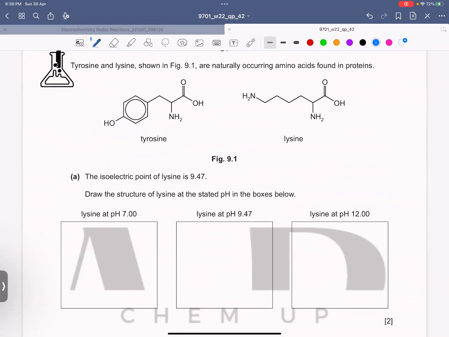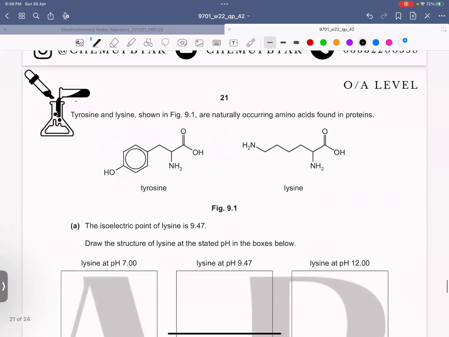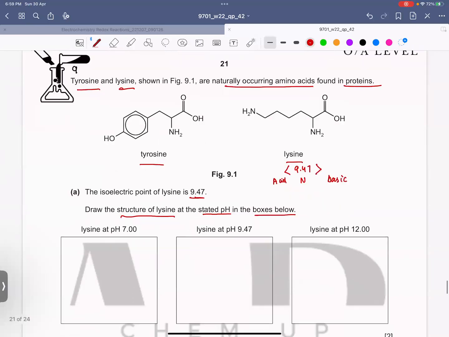Okay. Now, question number 9. Tyrosine and lysine, they have shown you the structure, are naturally occurring amino acids found in protein. The isoelectric point of lysine is 9.47. So it means at 9.47, it is going to be a neutral one. Below this value, it is going to be the acidic one, and above this value, it is going to be a basic one. Draw the structure of lysine at stated pH in the boxes below. Okay, so